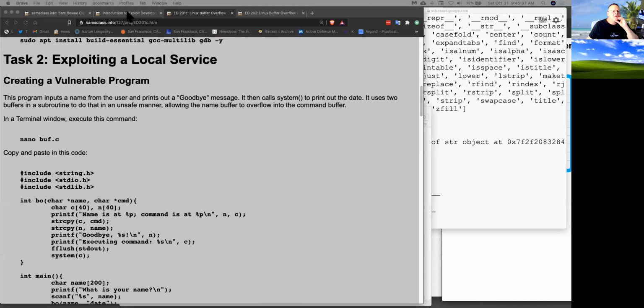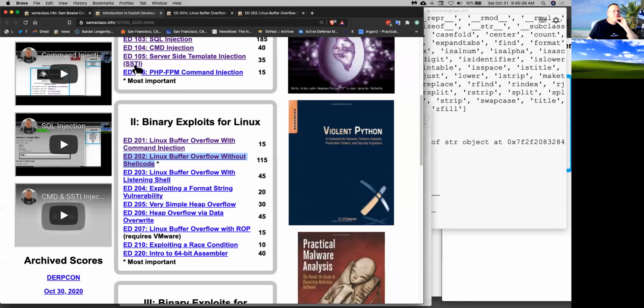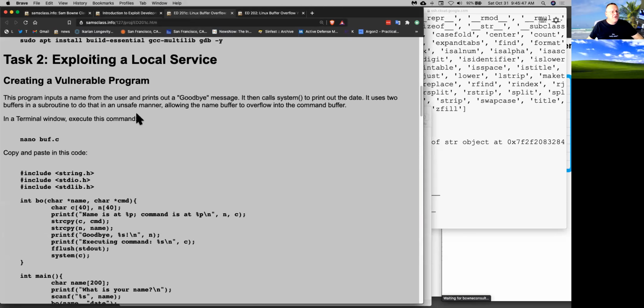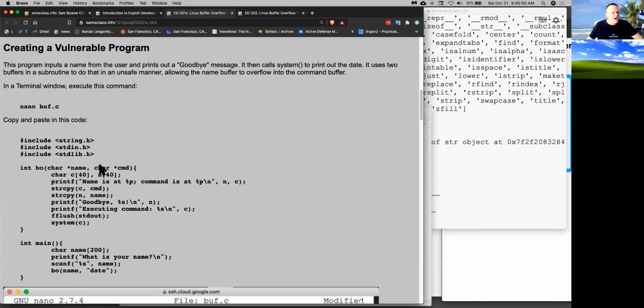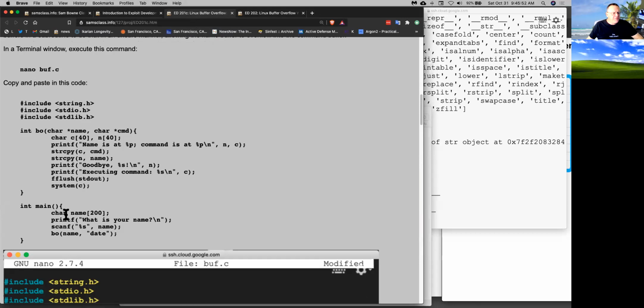All right, so now we'll try the buffer overflow leading to command injection. And here we get into proper C memory corruption, although this is the simplest case. So here I have a C program, and it defines a main program where it reads in two variables, your